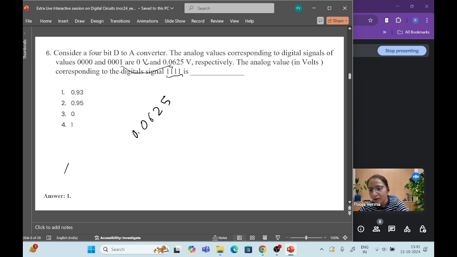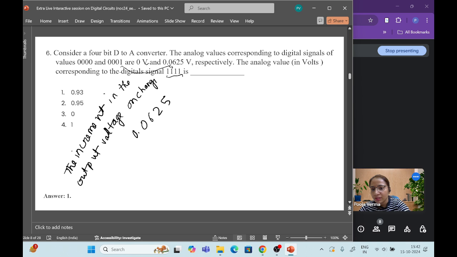The increment in the output voltage on changing just one bit is 0.0625. So hence it is the resolution. We can say the resolution is equal to